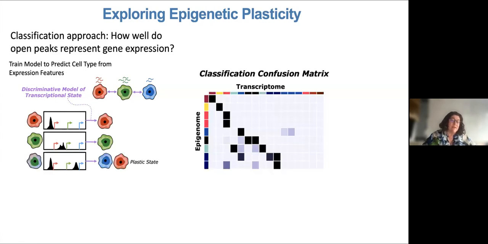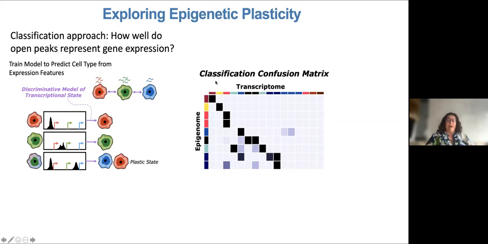But we also see cells that have open chromatin for multiple states. These are cells that are more plastic. We don't know if they're blue or if they're red. And indeed, in the classification, it comes back with uncertainty. It comes back with, well, I have some probability to be blue, and I have some probability to be red. And these cells will also have a much higher entropy in this probability.